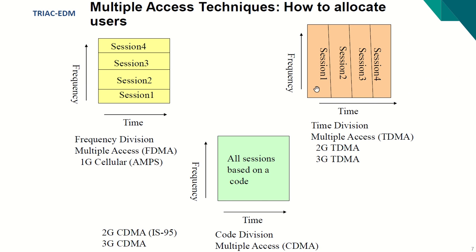So for example, user 1 will be connected here, and then after a while it will get a chance to transmit again, and then periodically you will get a chance to transmit, and so on and so forth. User 2 applies the same. It gets a chance to communicate, and then gets a chance to communicate again, and again,